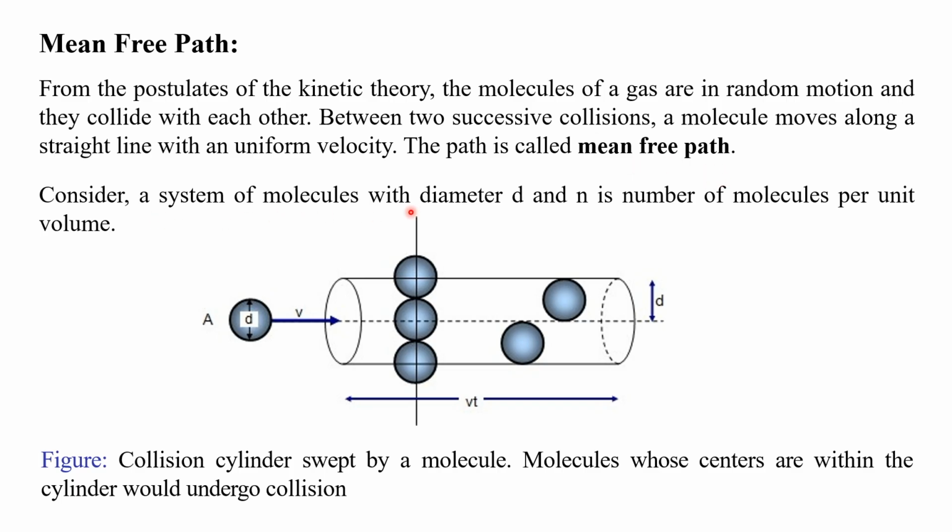Consider a system of molecules with diameter d, and n is the number of molecules per unit volume. So this is the schematic diagram. It shows the collision cylinder swept by molecules. Molecules whose centers are within the cylinder would undergo collision. So only if the centers are within the cylinder do they undergo collision. And d is the